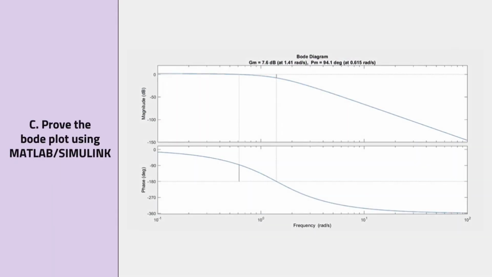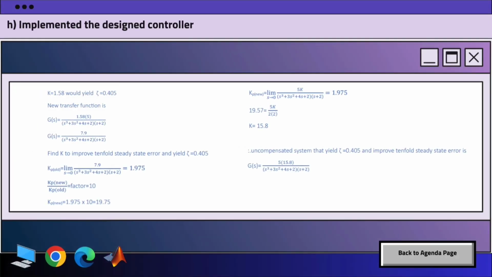To improve the system performance, the lag compensator is added. This is the calculation for the lag compensator. First, after finding the value of gain, which is 1.58, that would give a damping ratio of 0.405. We must find the new transfer function, which is